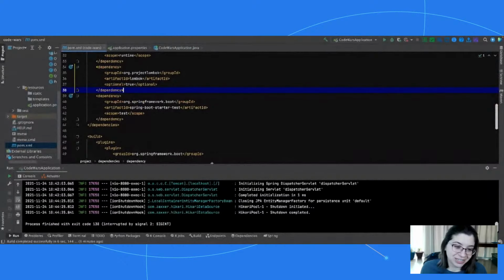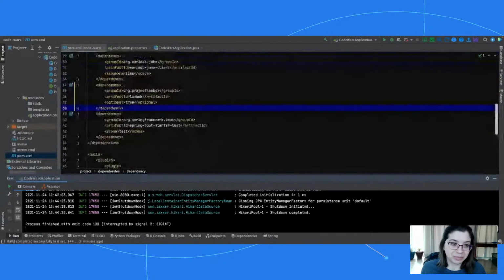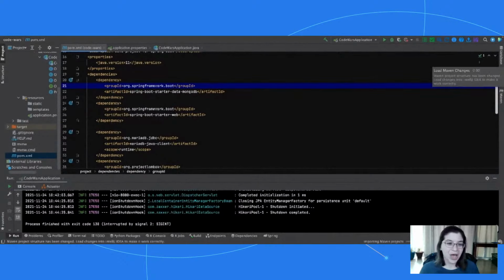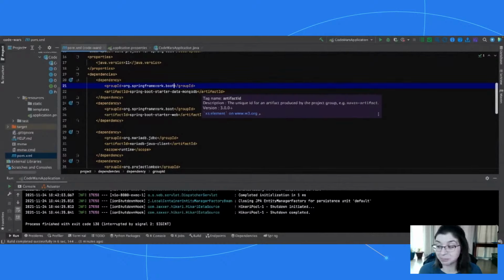Let's go over and switch to MongoDB. Now you might ask, oh my goodness, this is probably going to be super complicated, right? Wrong. That's it. One dependency change, one word, that's it. You just have to change the Spring Boot Spring Data dependency here. Instead of JPA on the end, it's MongoDB.